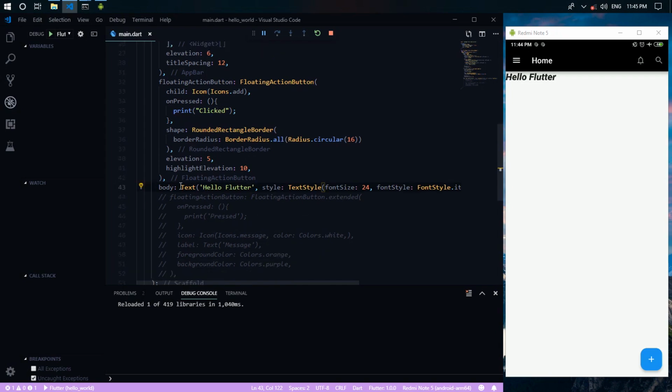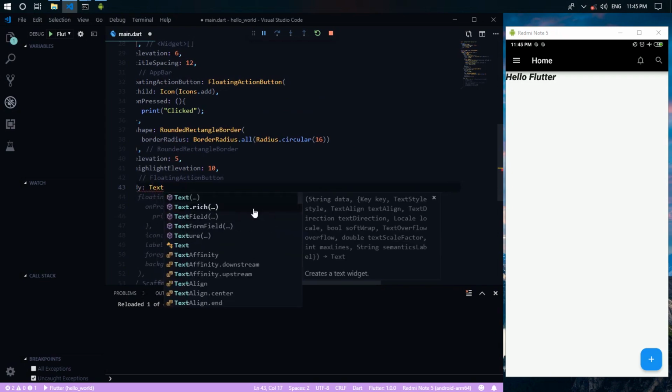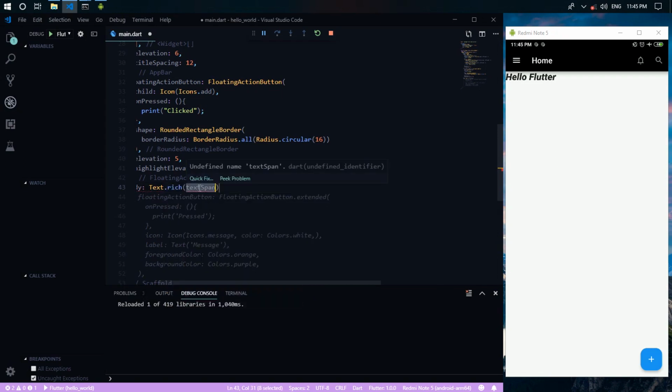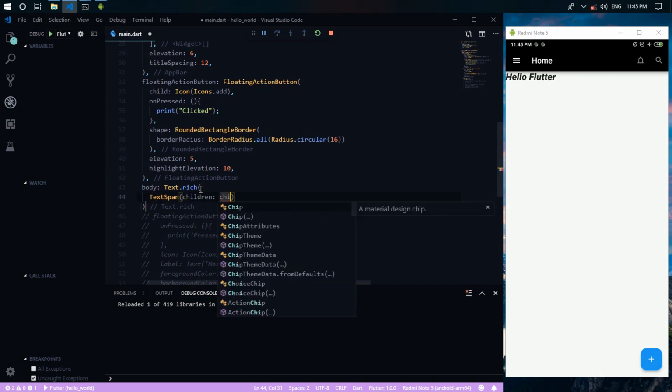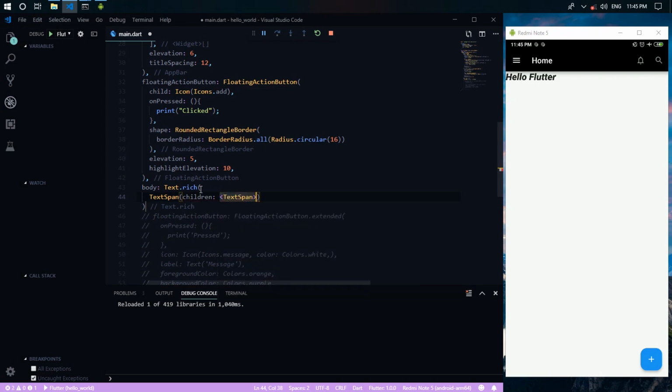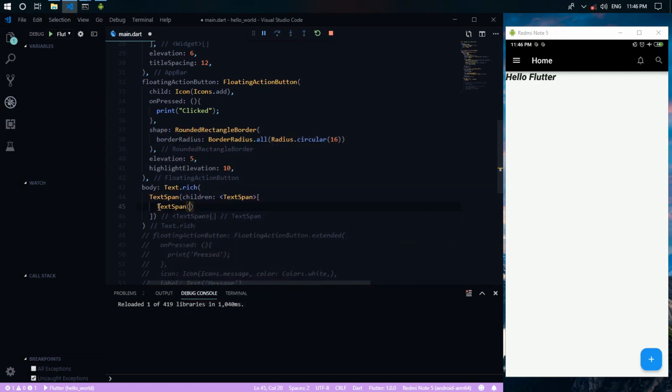So we can remove this, and add here Text.rich, and inside this Text.rich we need to provide TextSpan, and inside this TextSpan we need to provide children, and inside these children we need to provide TextSpan, and we can provide text here, maybe Hello.